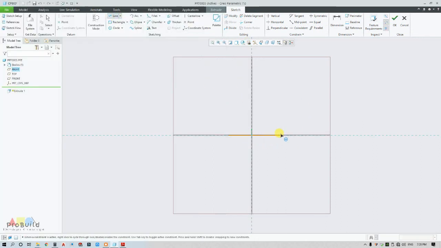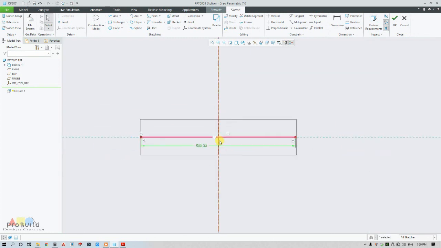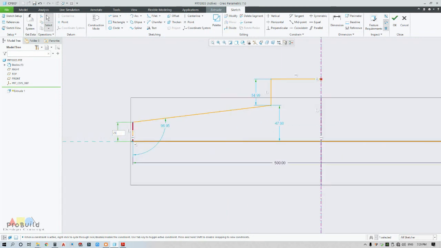So I need to draw a line, and to make this line symmetric, draw a center line and touch either side of the point and the center line to make it symmetric. This is 500. Now draw a line. It is going slanted, it is going vertical again, and it is connected here. So this is actually 25 in height,